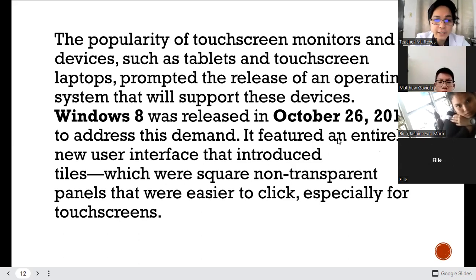It featured an entirely new user interface that introduced tiles, because again, this is intended for touchscreens: convertible laptops, touchscreen laptops, tablets, which were square non-transparent panels that were easier to click, especially for touchscreens.